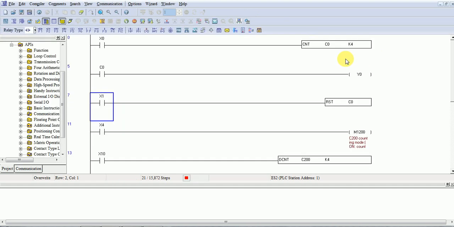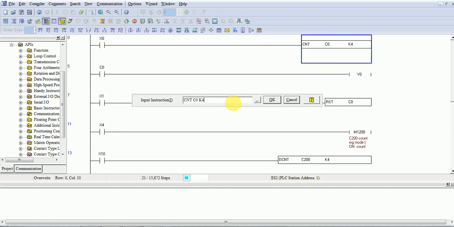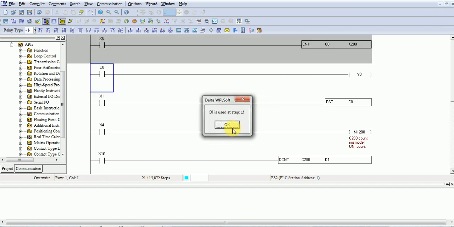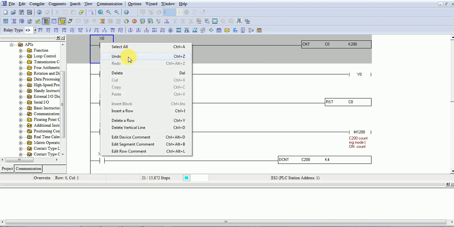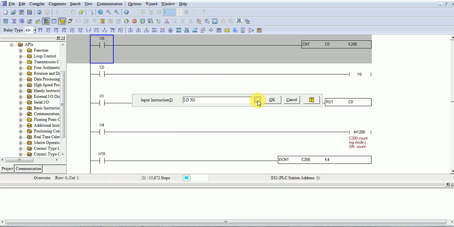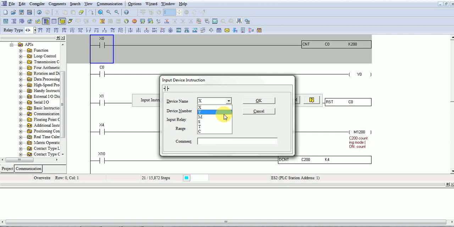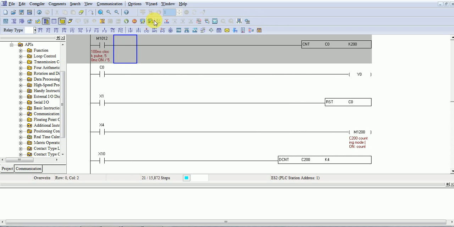So this is our counter, and I will make it easier for you. I take a higher value like K200, and take a special memory bit, the 1.2 clock pulse. It will be on for 50 milliseconds and off for 50 milliseconds. So you can see it.